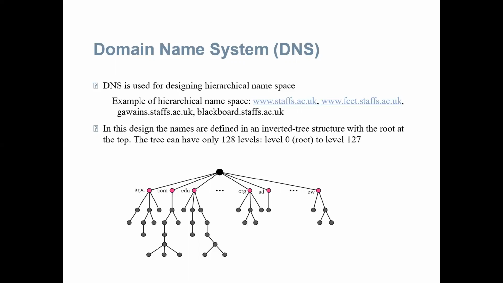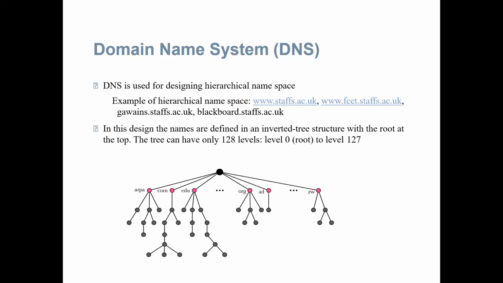Whereas in a hierarchical namespace, each name is made of several parts. The first part can define the nature of the organization. The second part can define the name of the organization. And the third part can define departments in the organization and so on. In this case, the authority to assign and control the namespace can be decentralized. A central authority can assign the part of the name that defines the nature of the organization and the name of the organization. The responsibility of the rest of the name can be given to the organization itself.